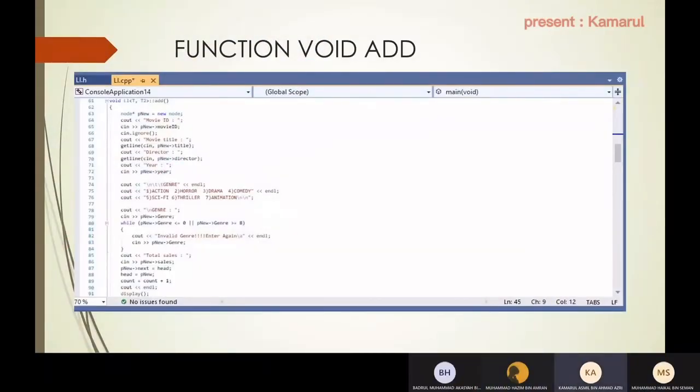For the add function, before we do the adding function, we must construct a constructor first. We must make head equal to 0 and count equal to 0. So for this program, we will keep track of the new movie in the linked list. First, we set up a new node, then we insert the data. After the user has finished putting in the data, pnew will point to the head and store the data. For example,